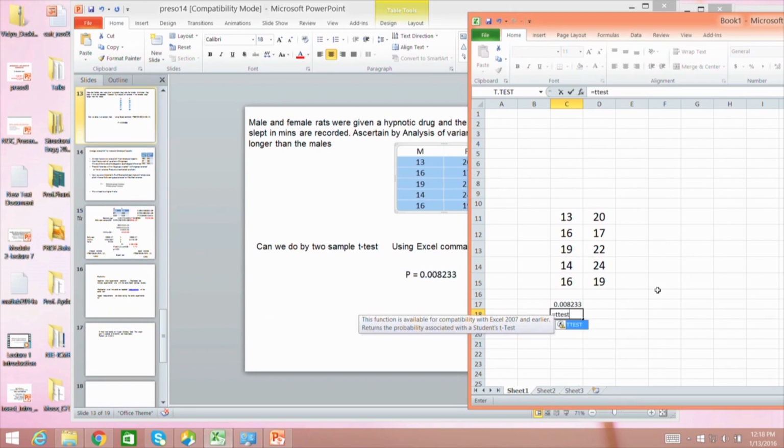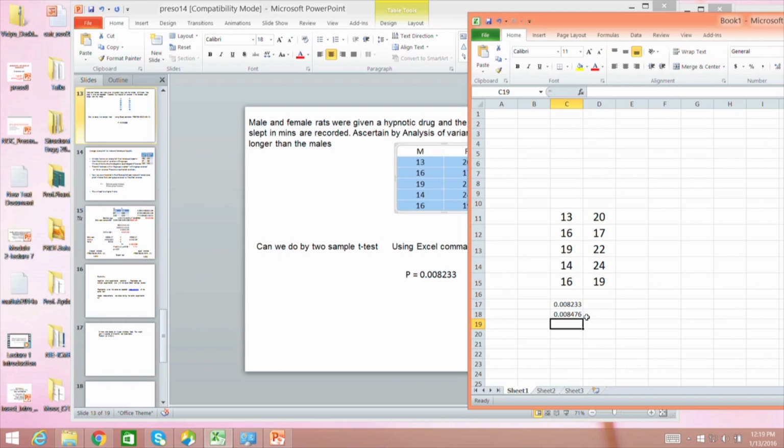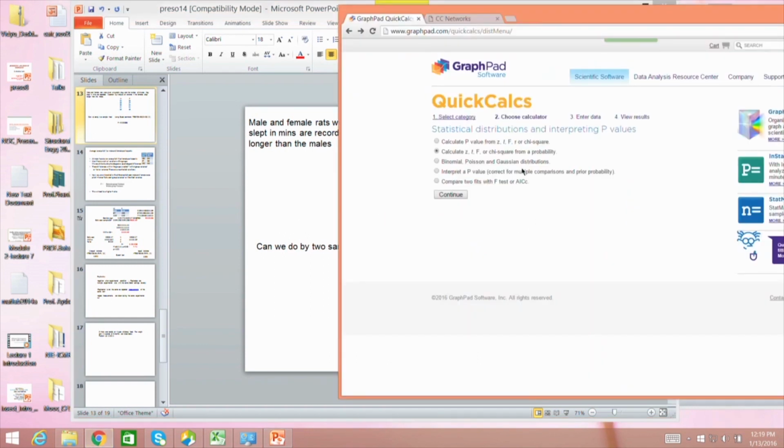Let us do the other one, unequal variance also, this comma one tail comma 3, that is unequal variance, okay, also we can do. So you can see you will get a different p value, but still in both the cases the p value is very small, so we can reject the null hypothesis, okay. We can use the GraphPad software also and check it out. So the GraphPad software, as you know,